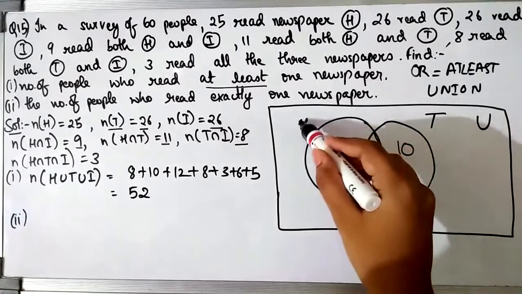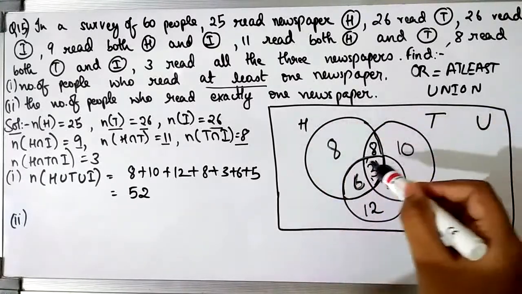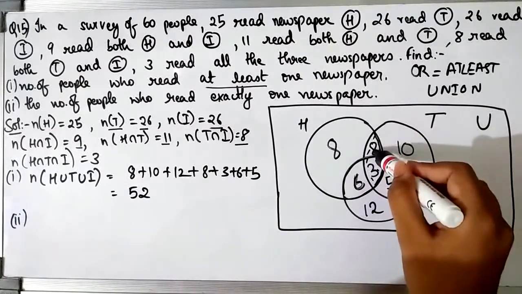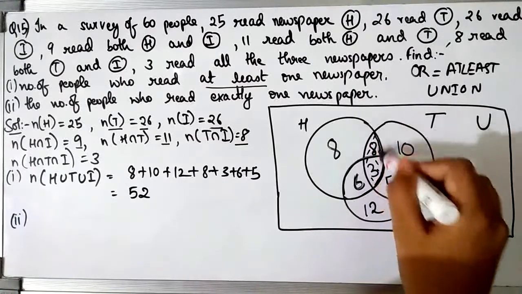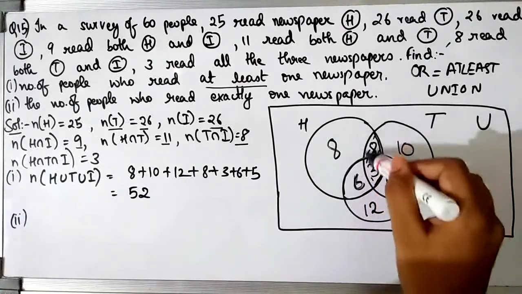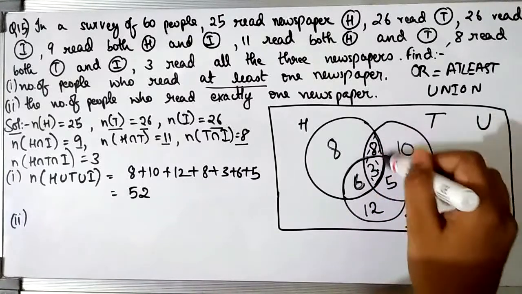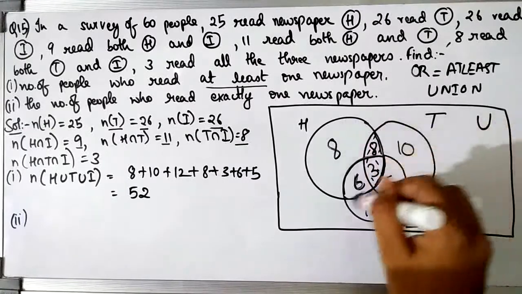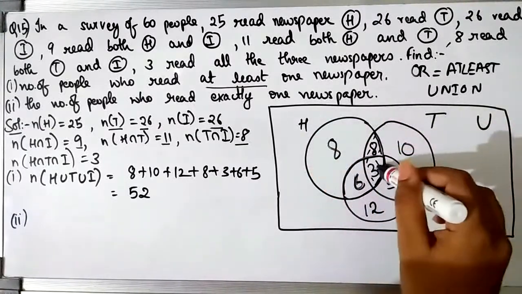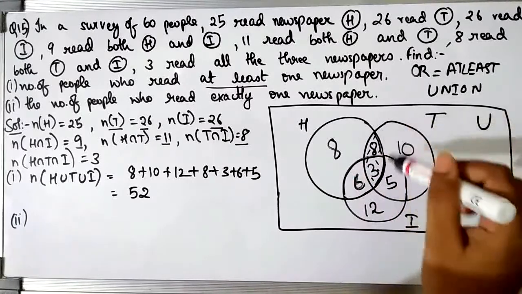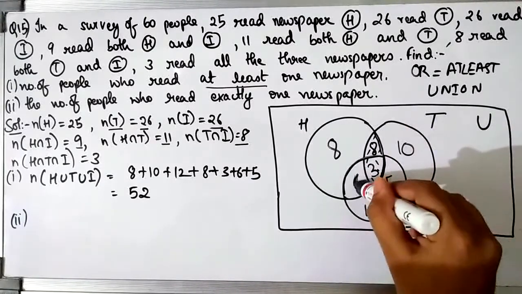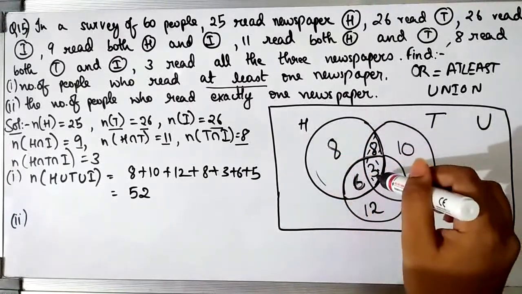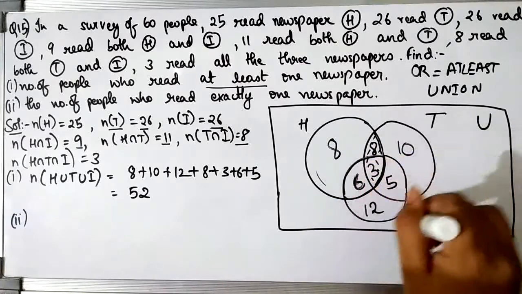It means the people who read only one newspaper and not other than that. Now for example, for this H newspaper, this portion consists of 8 people, and those 8 people read the newspaper H as well as the newspaper T. And these 3 people mentioned over here read the newspaper H because it comes in the circle of H. Then they even read the newspaper I, and they also read the newspaper T. Also, the 6 people over here read the newspaper H because this portion comes in the circle of H. Then they even read the newspaper I because this portion comes in the circle of I.